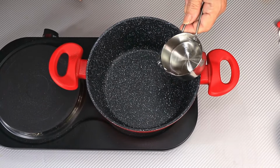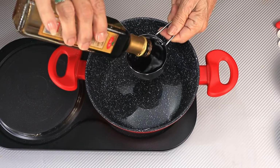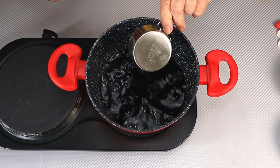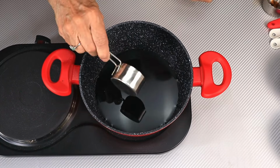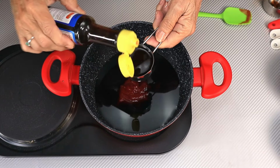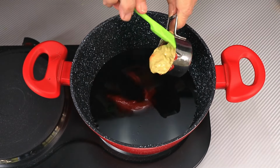In a medium saucepan, we're going to have half a cup of water, half a cup of balsamic vinegar, a quarter cup of ketchup, a quarter cup of Worcestershire sauce, a quarter cup of Dijon mustard,